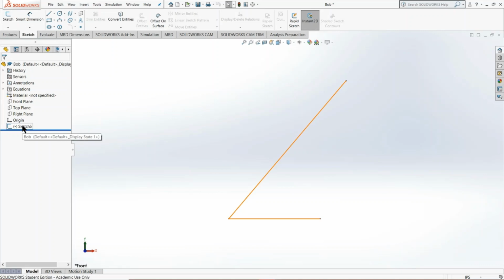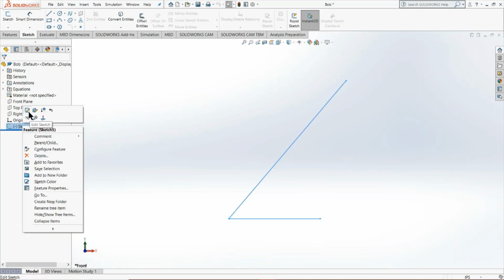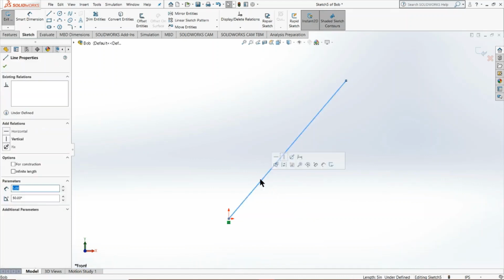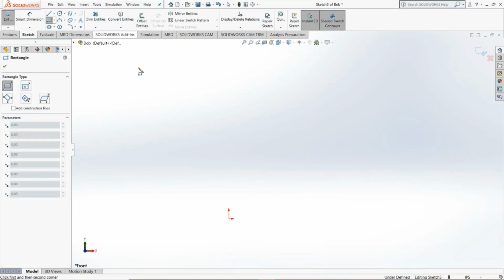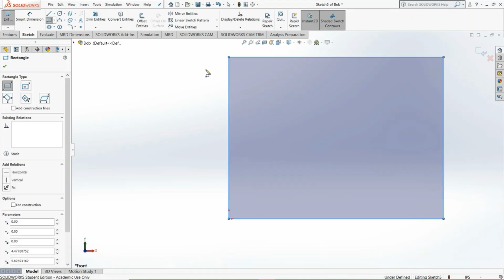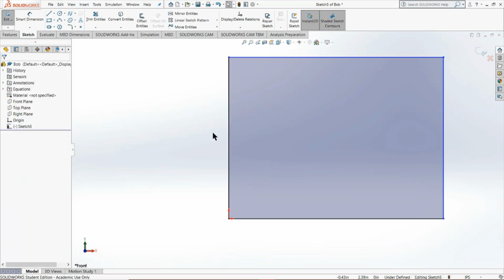But what I'm going to do is augment what's left of our old rectangular prism, which was Bob. So for this example, I'm going to get rid of these lines here and implement the rectangle tool. Up there are all of your geometrical tools, if you'd call it. That's how you're going to be drawing. Now, in addition to the Smart Dimensioning tool, we have access to additional tools that help with the aesthetic and